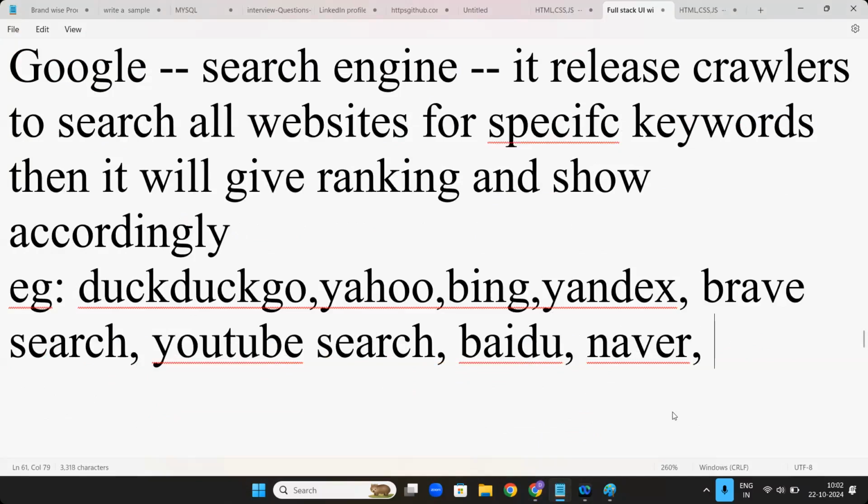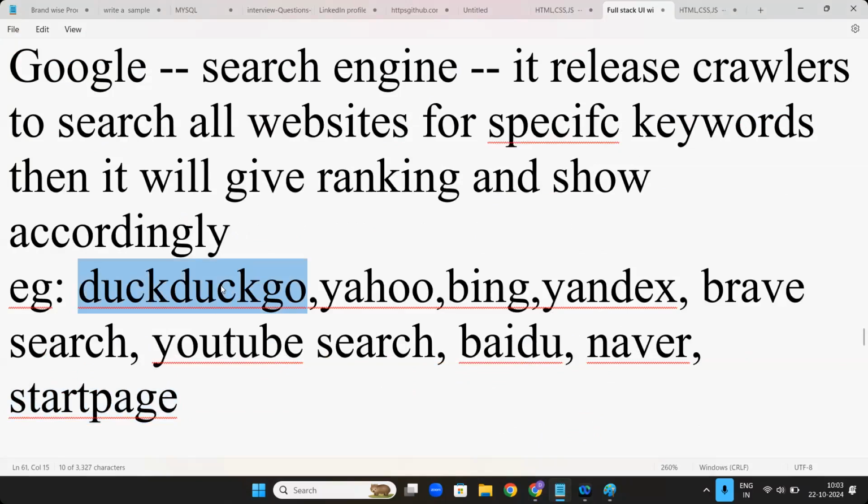Or you have something called Startpage. Startpage is also a privacy site. Most people use Startpage and DuckDuckGo. Why? Because Startpage and DuckDuckGo will not check your history. Privacy will be there. It will not check what you are searching for. But Google will store everything you search. Everything you search, Google will know that. So that's why people prefer these things. There are so many other search engines also. Next,